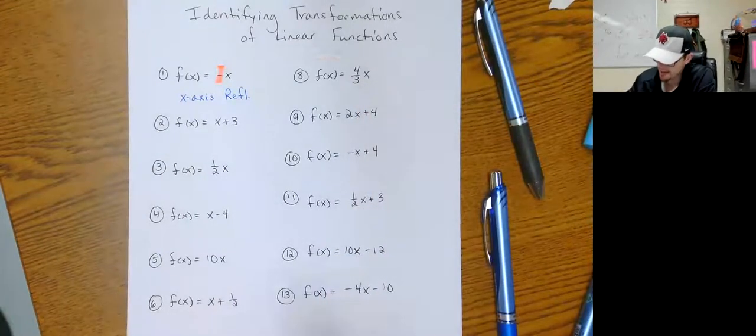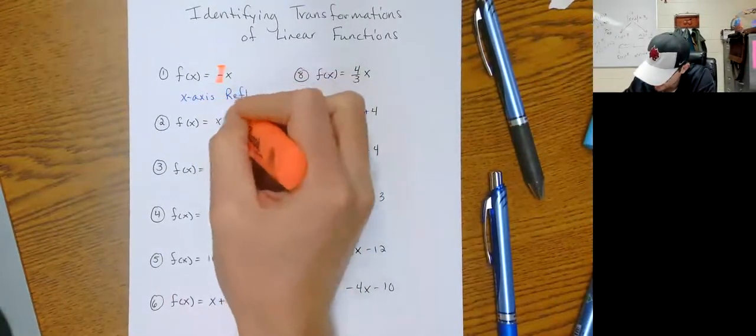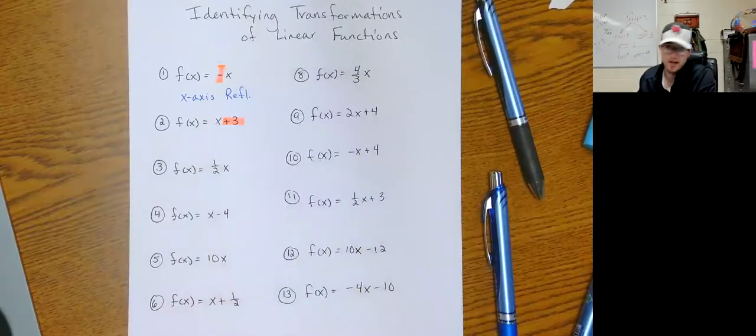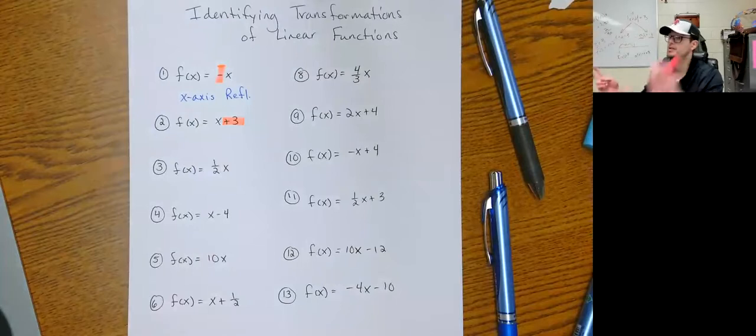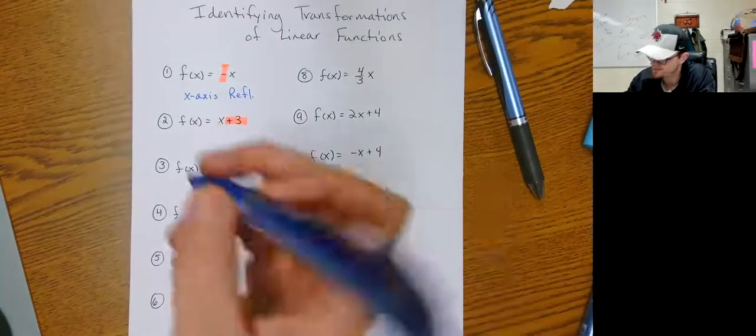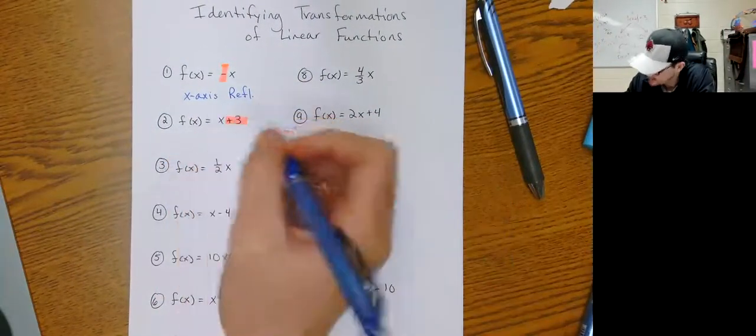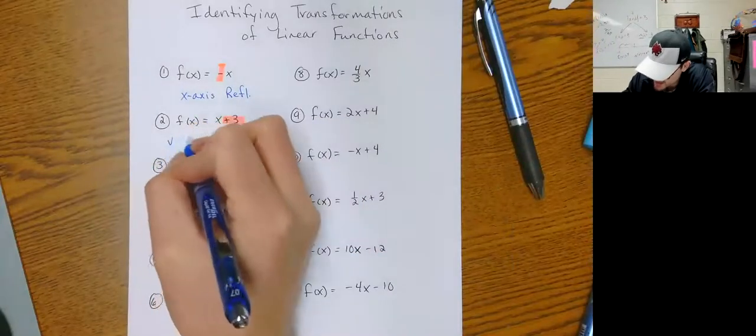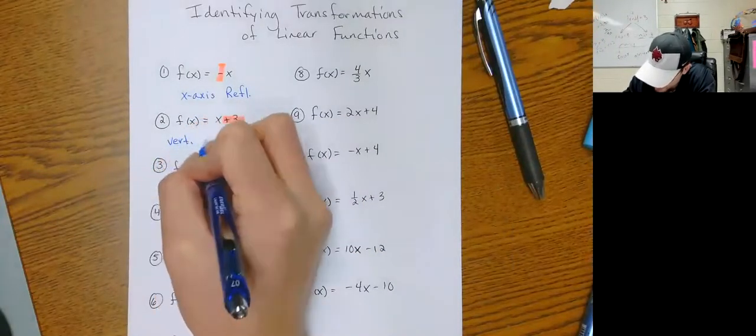So for number 2, what's happening to the variable? Okay, well, it's adding 3. Not inside parentheses or anything, so it's on the outside. If there's no parentheses, everything by default is on the outside, because if there's nothing for it to be inside of, then it's automatically on the outside. So plus 3, this would be vertical shift because we're adding, so vert shift